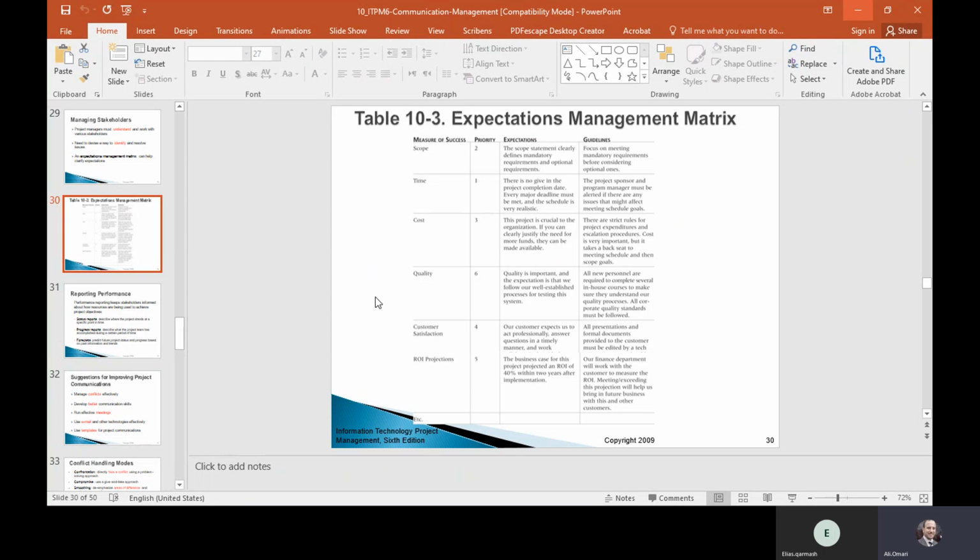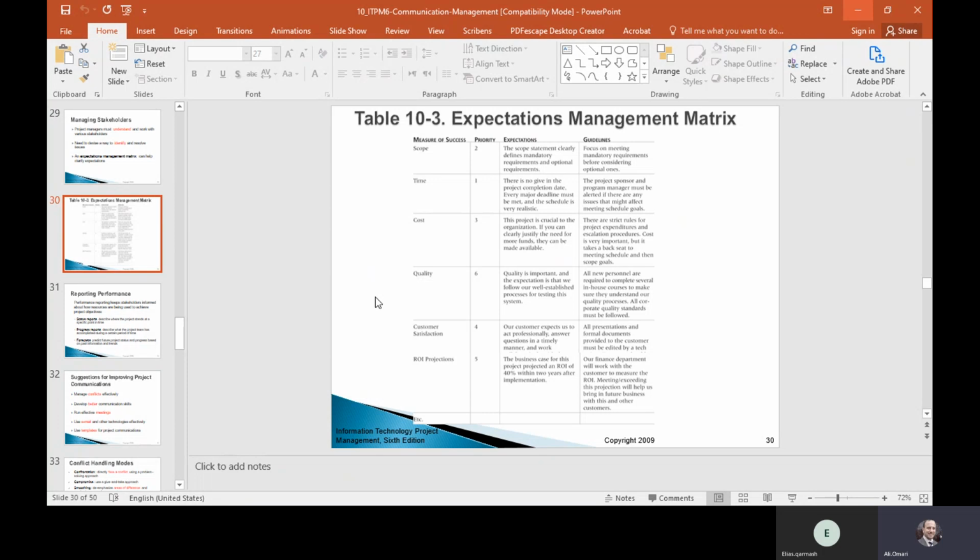And for example, when you're talking about time, it was priority one. This means you have to pay attention to this, and you put some expectation.